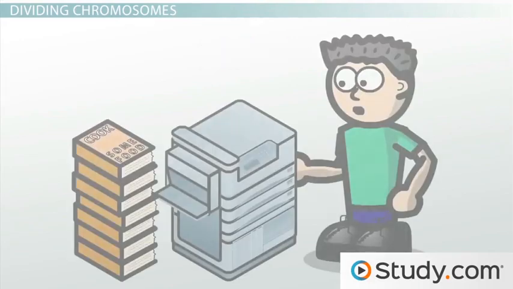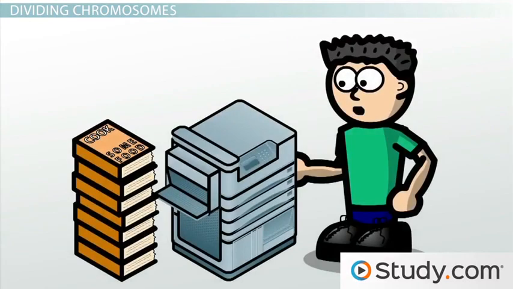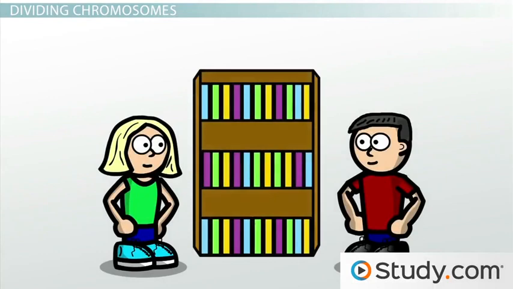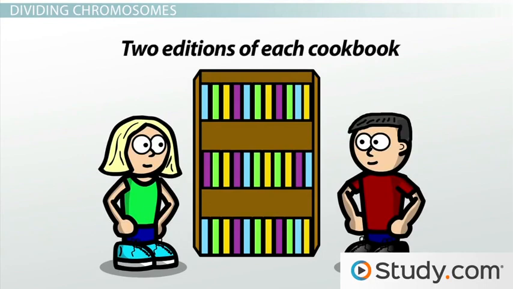If mitosis was like some crazy person making copies of every one of his cookbooks, meiosis is like two roommates trying to split a cookbook collection. Say you and I have amassed a bunch of cookbooks, but now we're going our separate ways. Luckily, we have 2 editions of each cookbook, so at least we can both get a version of the recipes